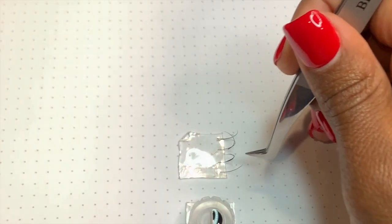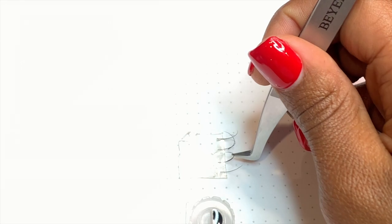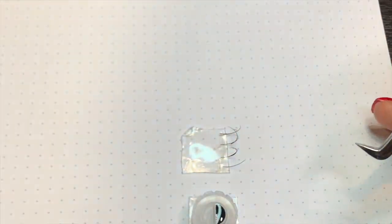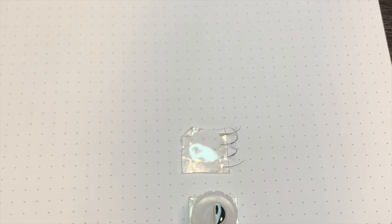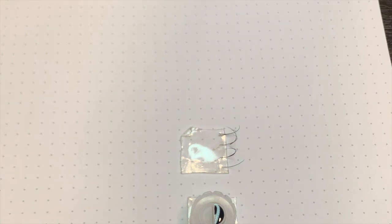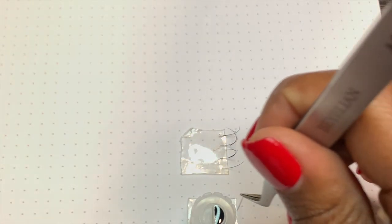Okay, I'm gonna tip my hand just a smidge. And as you can see, that the lash is actually aligned with it. I could have got a little closer at the base, but we're going to say that this is the eyelid and this is the hair actually coming out of the root, okay? And for this one that's semi-straight, I'm going to turn my wrist just a smidge. Just so I can catch it and align my